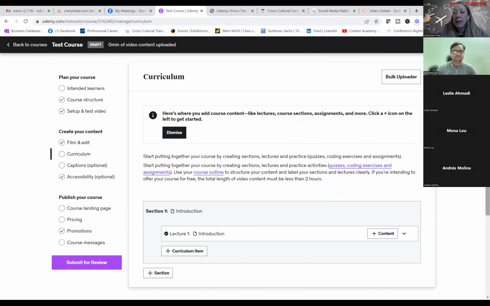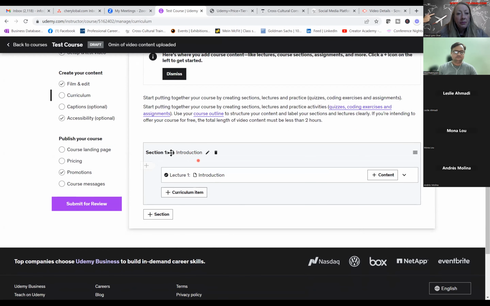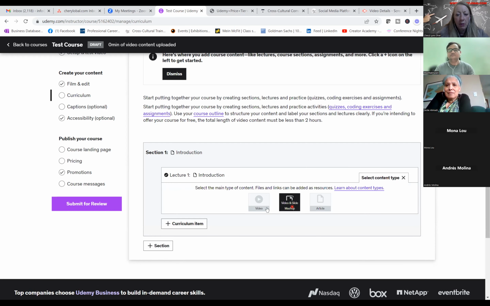And inside here, does everyone see the section 1? Give me a yes or no, or a thumbs up. Yes, thank you. All right. So what you need to do, lecture 1, and up here you click plus and you put your content, which is video or whatever it is. It can be an article even, it doesn't have to be a video for every lecture.